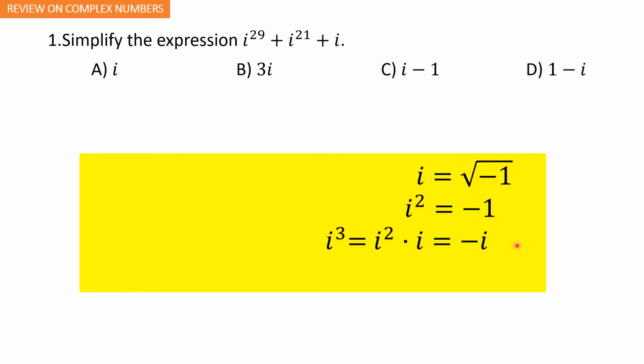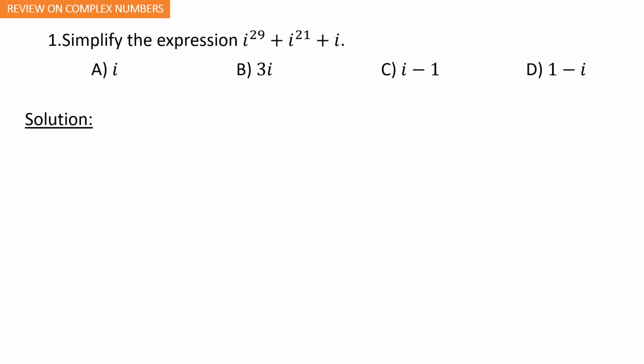Okay? i cube is equal to i square times i. Yung i square natin ay negative 1. Multiply it to i, it will be negative i. i to the fourth is equal to i square times i square. So, i square natin is negative 1 times negative 1. The answer is positive 1. Now, we are ready to have the